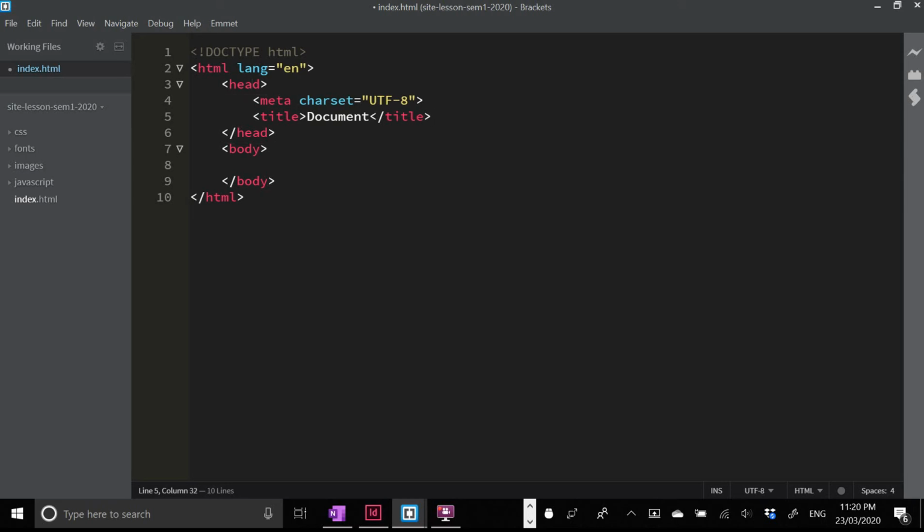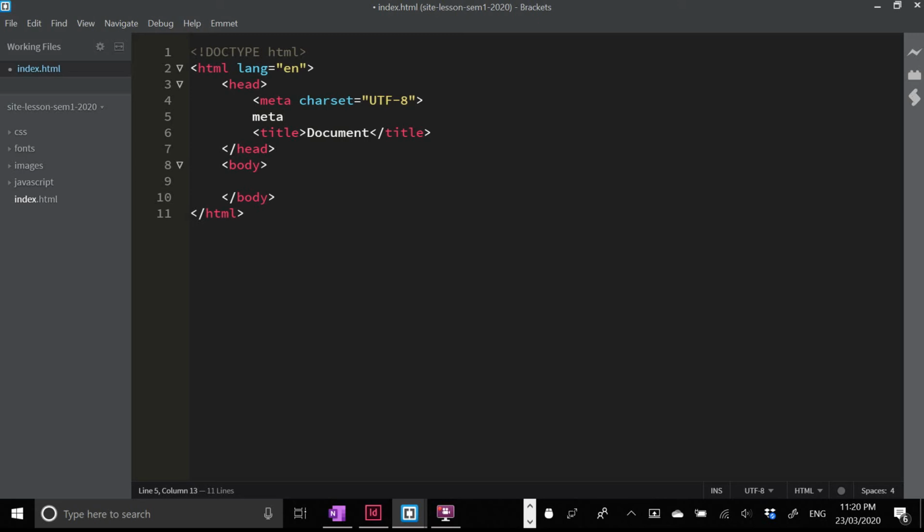Now there's one more thing that I like to put in here in order to make this scalable for later on. We want to do some responsive design, and this is going to help us. This really only applies to Apple devices like the iPad and the iPhone, but it's going to be quite helpful. So it's another meta tag. In this case, we're using a meta tag that gives the browser information about the character set that we want to use. There's all sorts of different meta tags. Some contain keywords for search engines and so on and so forth. But in this case, I want to put in a meta tag that gives the browser information about